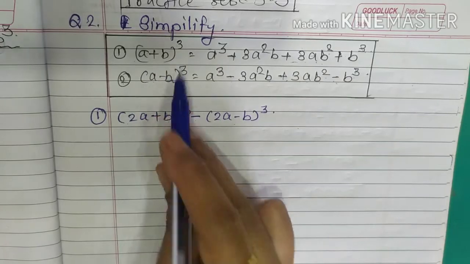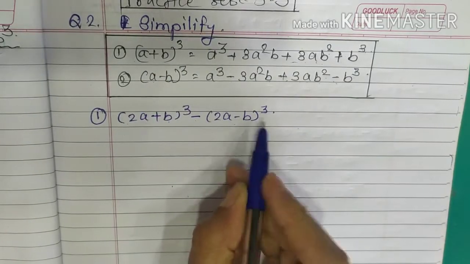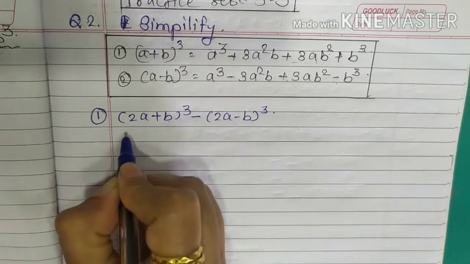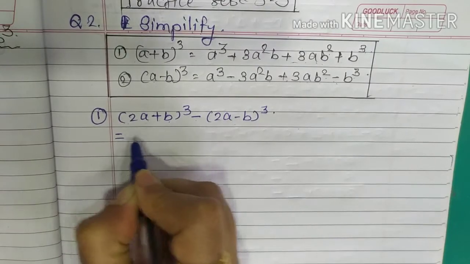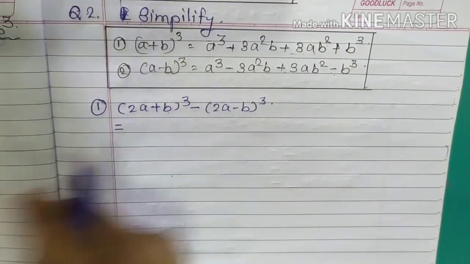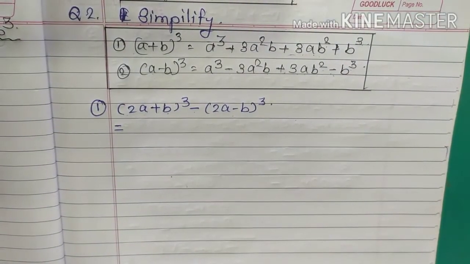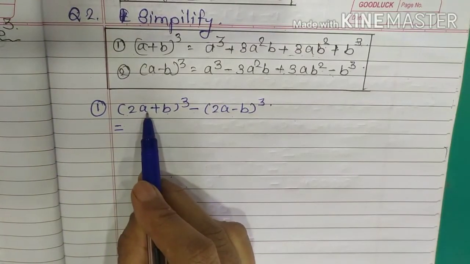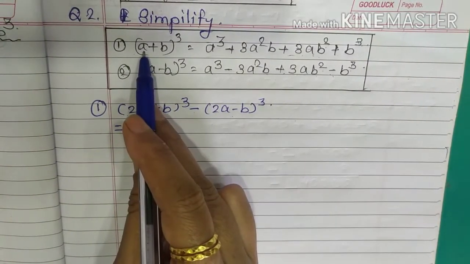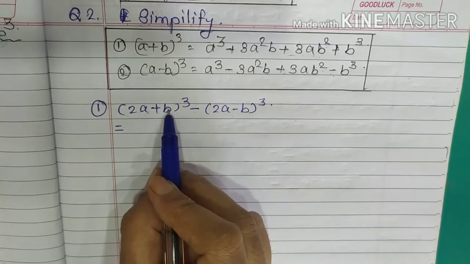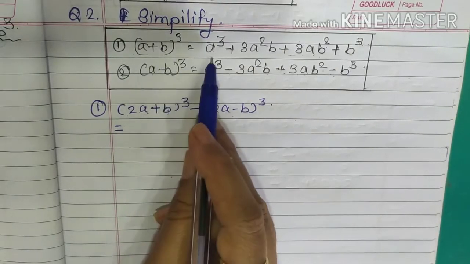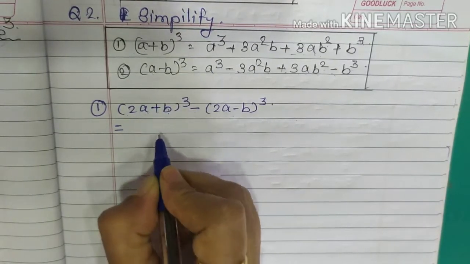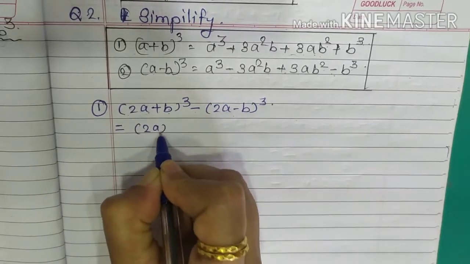First, a plus b cube. So by using this we expand the given expression. 2a is the first term, that is the a, and b is the second term, that is the b. Hence, cube of first term, (2a) cube,